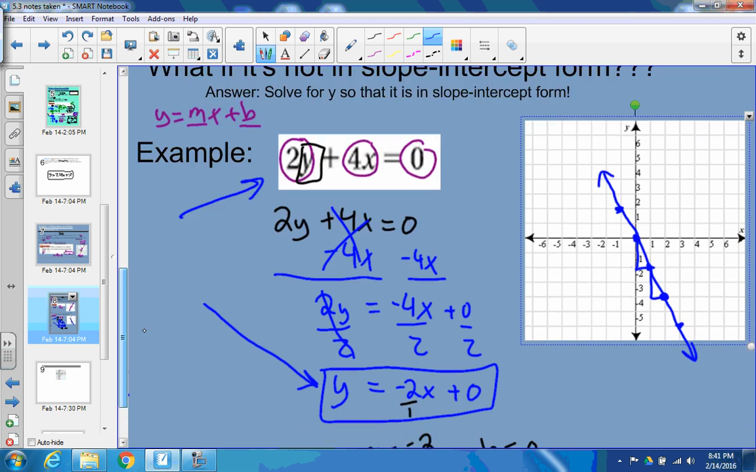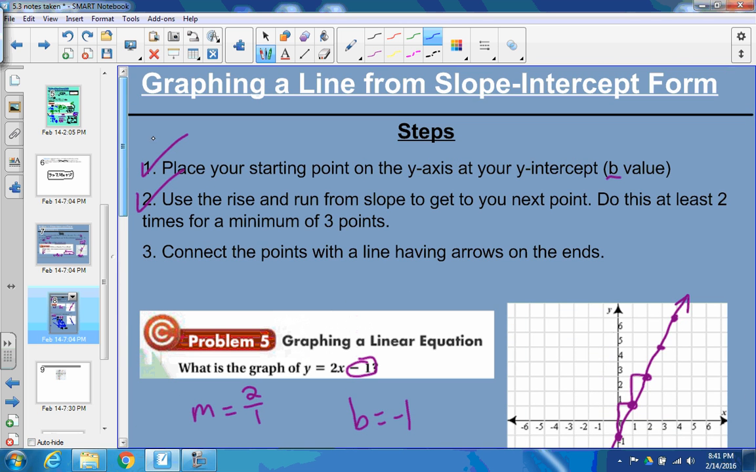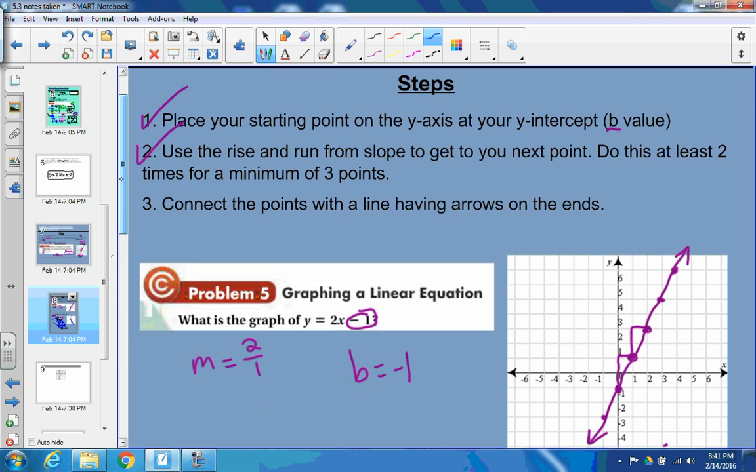All right. So just to recap, if you have it in slope-intercept form, or if it's not already, get it into slope-intercept form. Then place your starting point on the y-axis. Whatever your b value is, put it on the y-axis. That's your starting point. Use the rise over run from the slope to get your next point. Do this at least 2 times. Connect the points and draw a line. So that is how you graph a line,